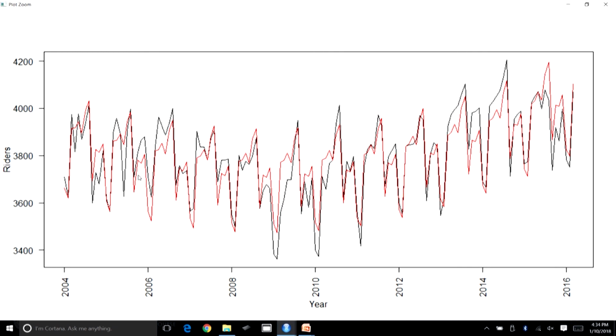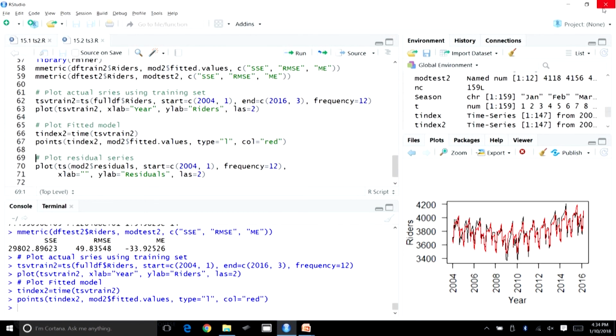The swings are being captured, and the fitted model is taking the shape of the actual series. Of course, it is not perfectly fitting the actual series, but now it is closely resembling it. The red line is closely following the actual series.